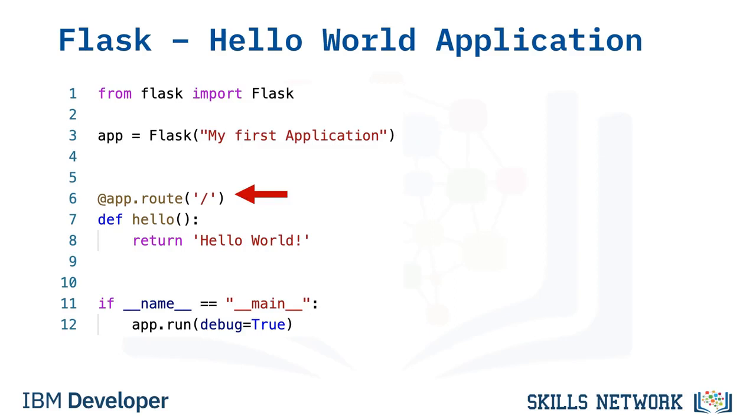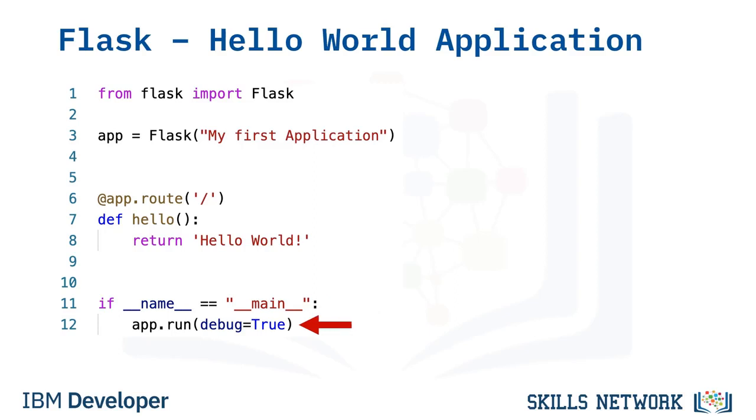You can see that we have not specified whether it is a GET or a POST. When we specify nothing, it is by default GET, and this endpoint will now be able to serve GET requests to the root. Hello is the method which will be invoked when the API endpoint we just defined is accessed. It takes no parameters and returns the string hello world. Finally, if name attribute is set to main, we run the web application. By default, name is set to main unless it is explicitly changed,